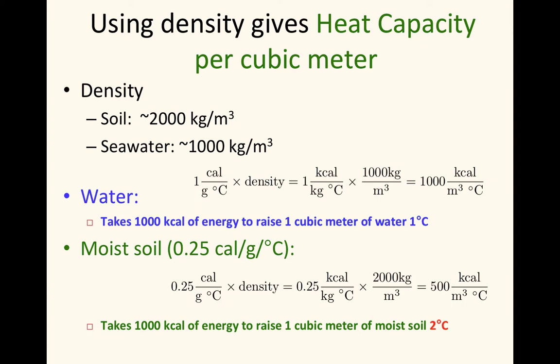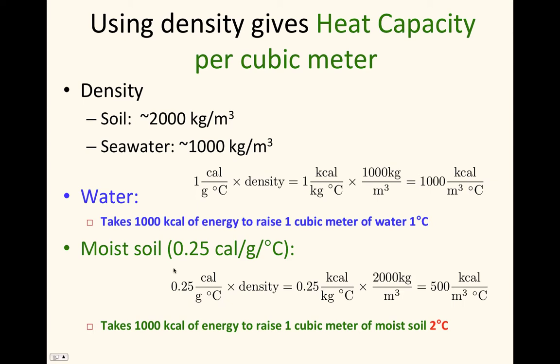What is the density of that material? So you have to multiply this by the respective densities of a cubic meter of soil, about 2,000 kilograms, and a cubic meter of seawater, about 1,000 kilograms. So you take the water, you multiply the specific heat capacity times the density, and you get a total heat capacity here expressed in how much energy does it take to warm 1 cubic meter of water by 1 degree